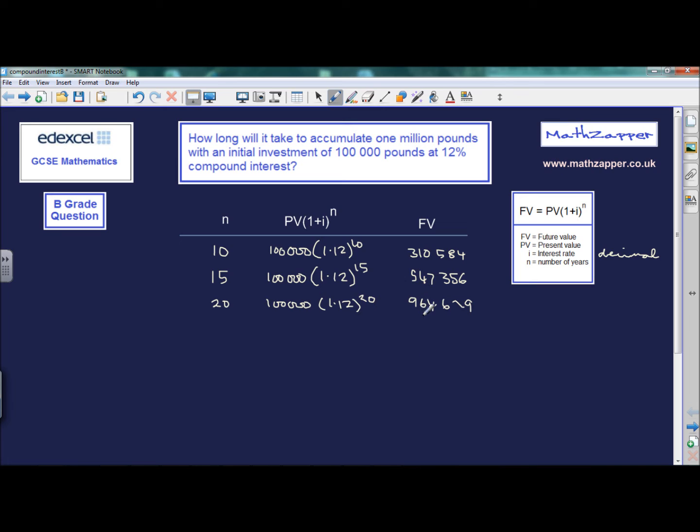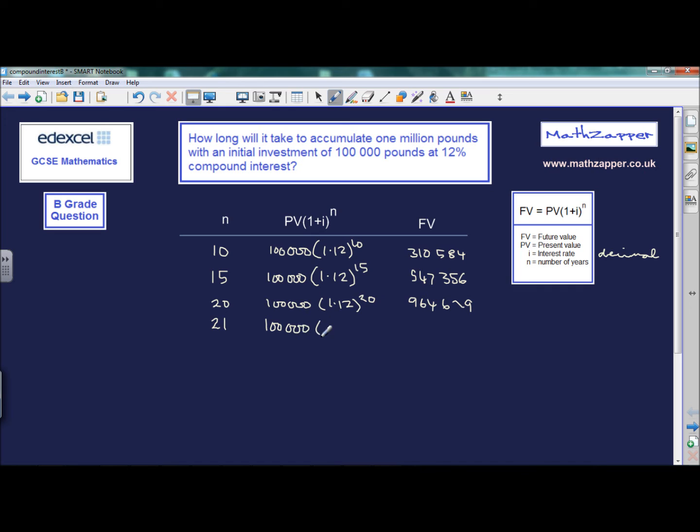Okay, so we're looking at a 20-year investment, which is very, very close to £1 million. 964,629, very close to a million. So it would not be wise to go up another 5 years. So this time we'll go 21, because we still haven't reached a million. So 21,